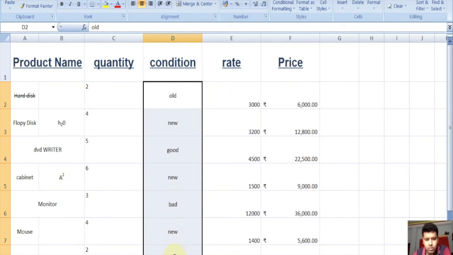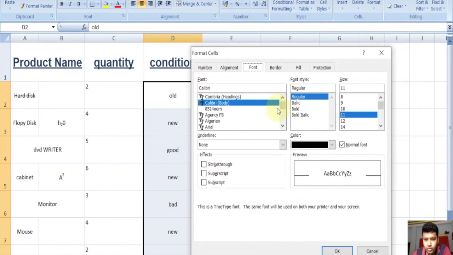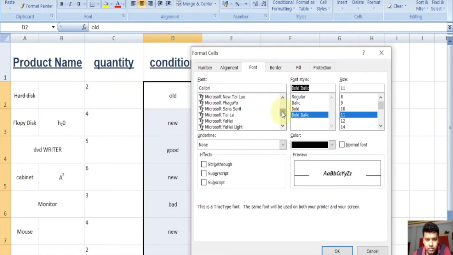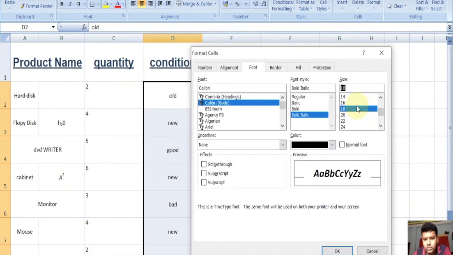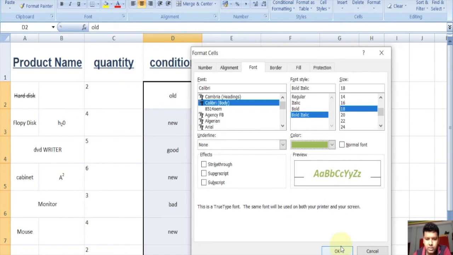We can also change font, format cell. We can change bold italic, we can give another font. So we can give another font and another size and another color to the text, and click on OK.